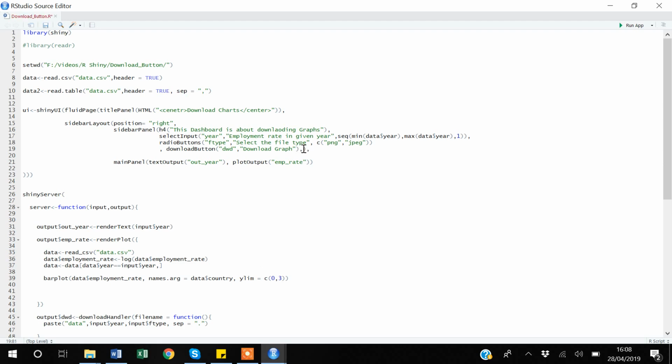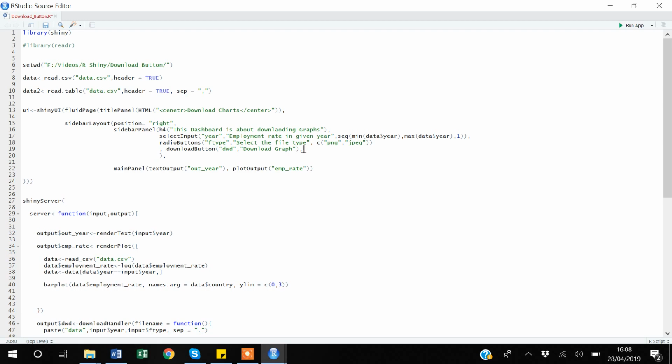So in order to do that, I will be saying radio button, and after that I will be creating an ID and calling it d for data type, and after that comma, the label that I want to give. My label I want to give is: select the data type,